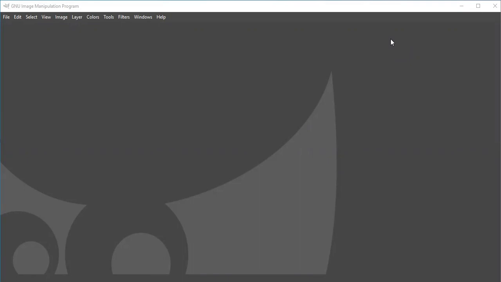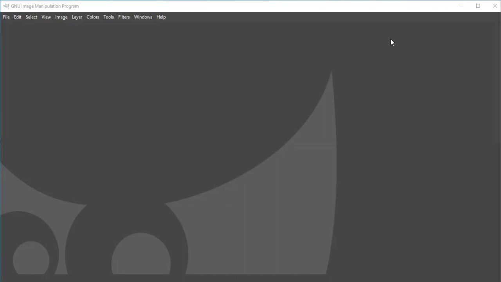So today, I already told you that I am going to show you a practical class about the GIMP tools. See, children, this is the window of GIMP. Okay, so basically, what is GIMP? GIMP means GNU Image Manipulation Program, right? This particular application is used for image editing. Image editing means, if you want to retouch the images or make some changes in the images, we can use this particular application.